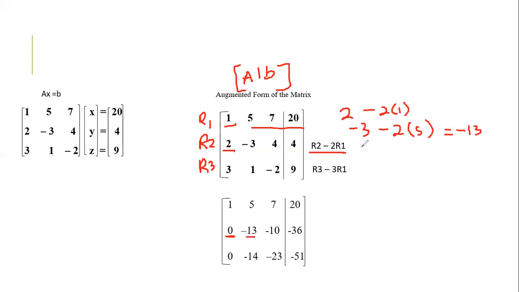Then the next one is 4 minus 2 times 7, which is 4 minus 14, which is negative 10. And then the last one will be 4 minus 2 times 20, which will be 4 minus 40, which is negative